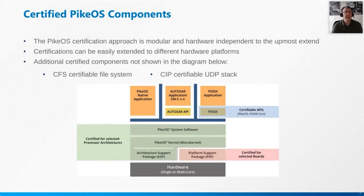So when it comes to certifications, you always have the issue that you don't know what is actually already certifiable. In the case of PikeOS, what we provide to you is the PikeOS microkernel, which is extremely small. It's about 4,000 lines of code. And the PikeOS system software, which already runs in user space. And this one passes the containers, which might be ELF files or other files, loads them, initializes the partitioning and starts the system. This is also pre-certified and certifiable and part of our